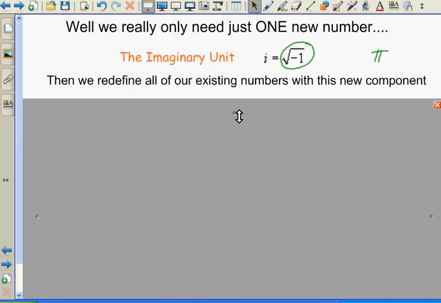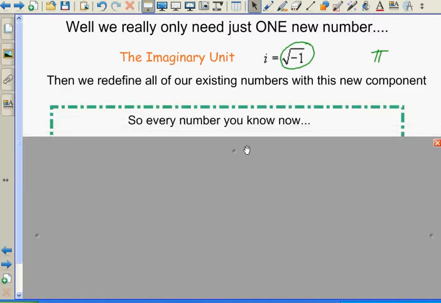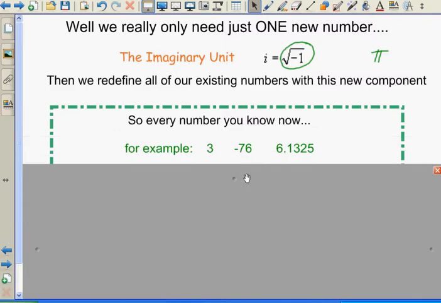Then all we're going to do is redefine every number that we already know. So all of our existing numbers, we're going to redefine with this new component. Let me show you what I mean. So every number you know now, for example, you know the number 3, you know the number negative 76, you